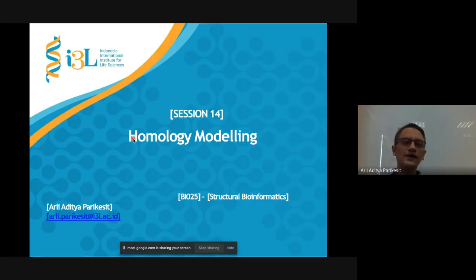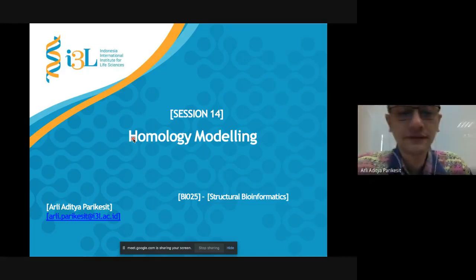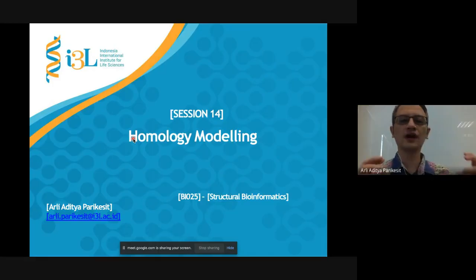So the background of this lecture is that previously we have discussed how to determine protein structure. We are using NMR, X-ray, and some of those sophisticated instruments and some software to interpret the data and so on. Can you get the structure? Bang.